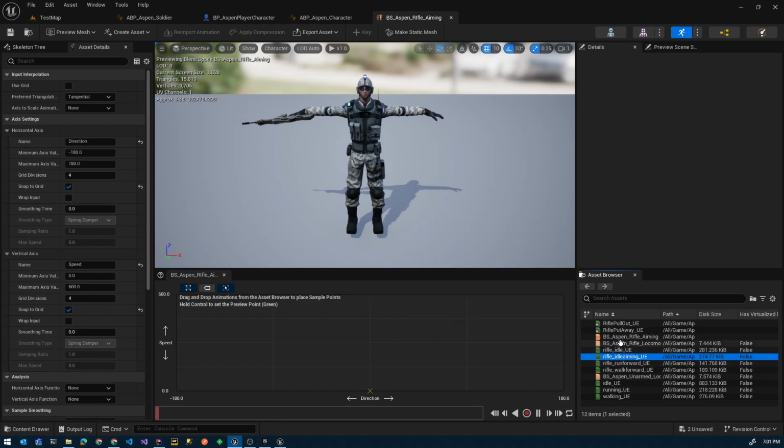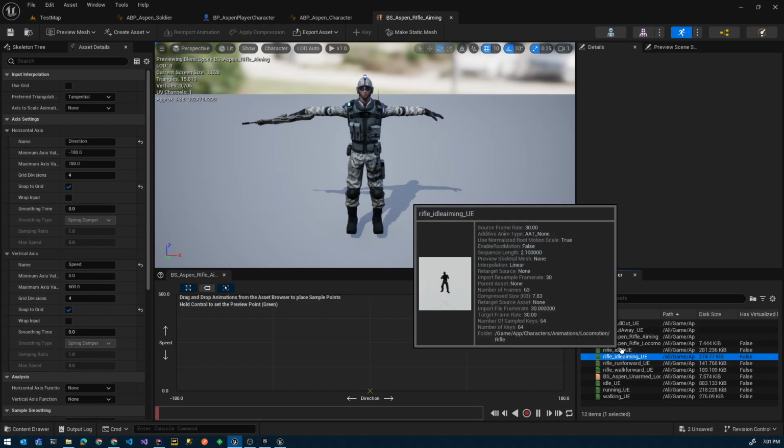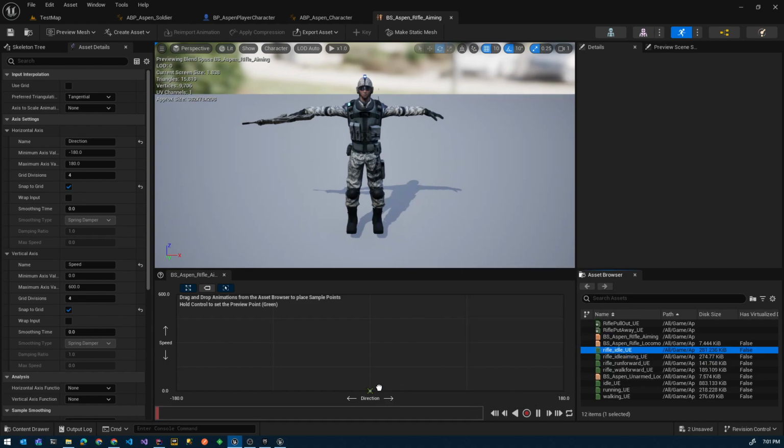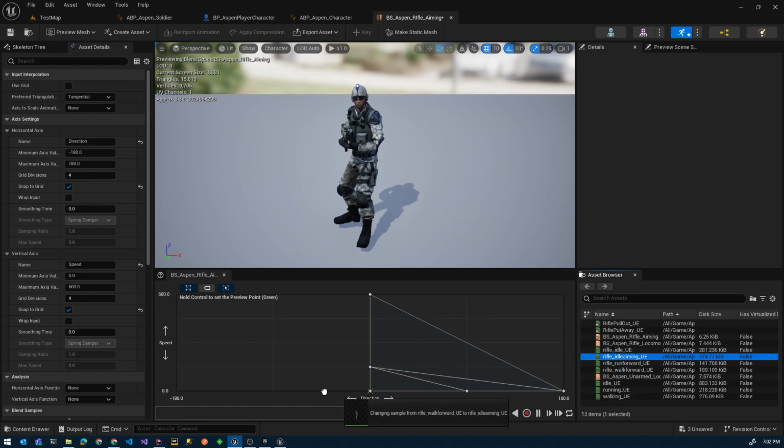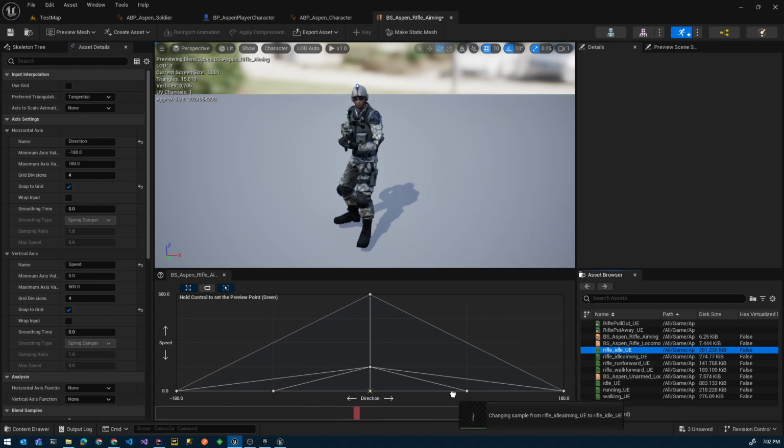So really, this can just be the normal rifle animations. So we're going to do walk forward 150, run forward, idle all across the bottom,